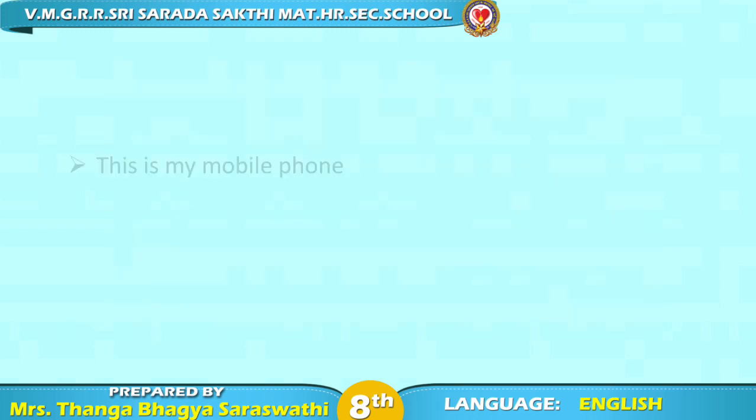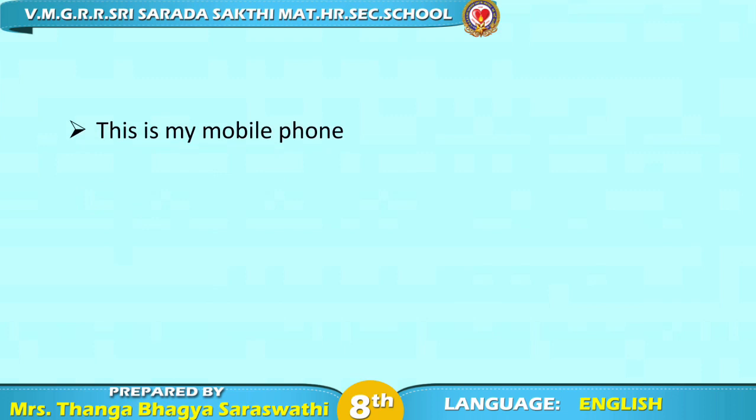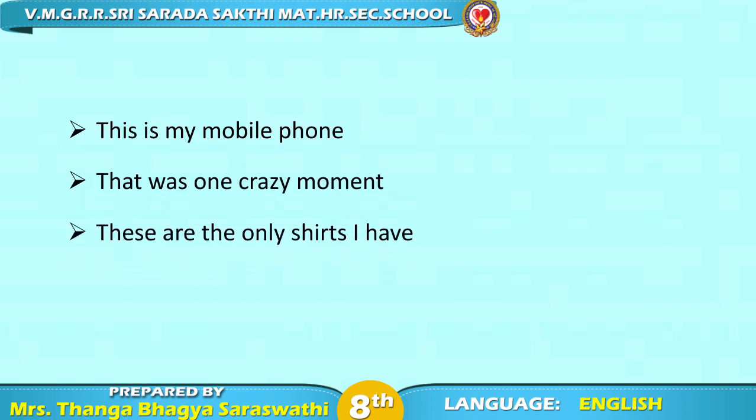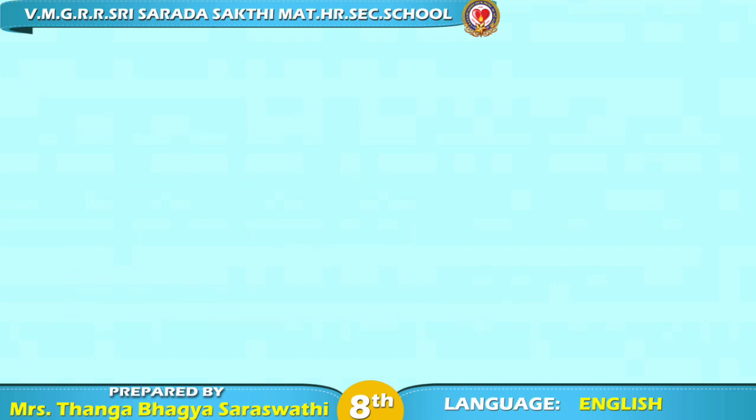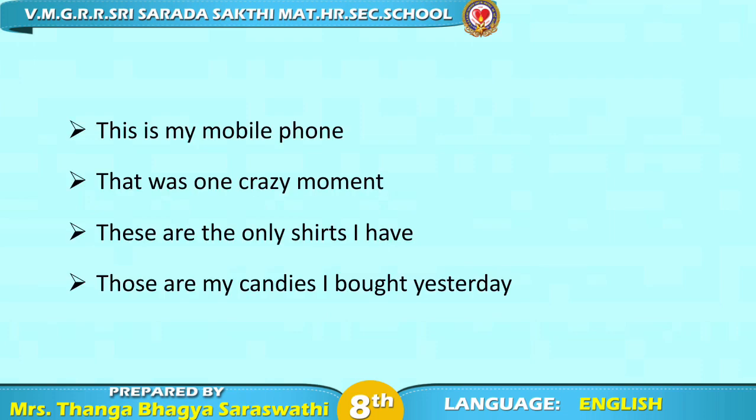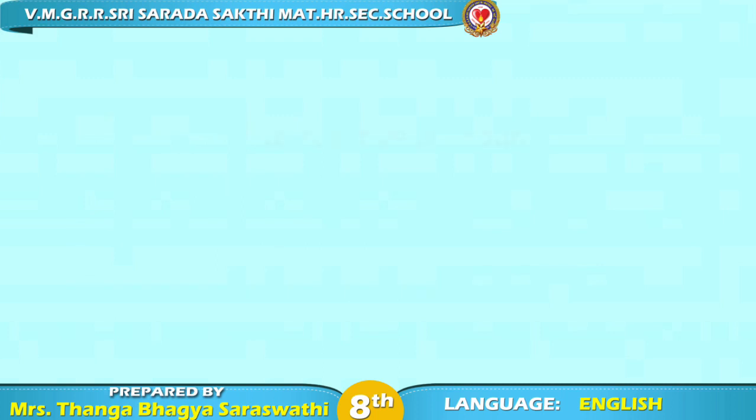Let us have the examples. This is my mobile phone. That was one crazy moment. These are the only shirts I have. Those are my candies I bought yesterday. These are the examples for demonstrative pronouns. Here this, that, these and those point out the nouns they are replacing. Next one is